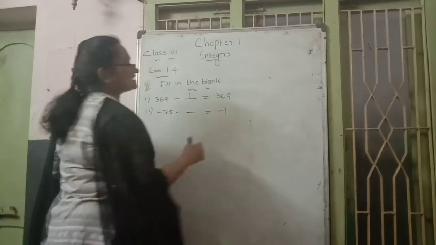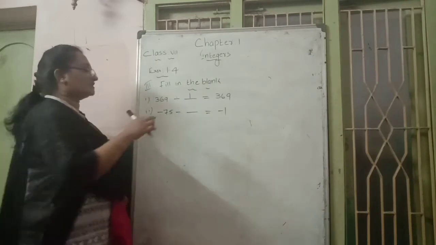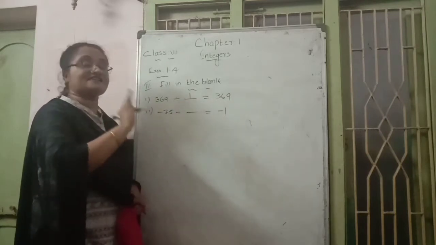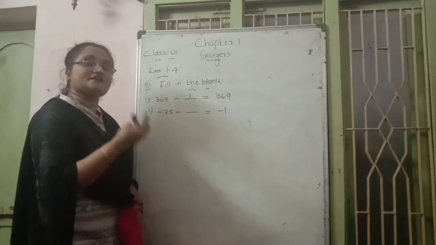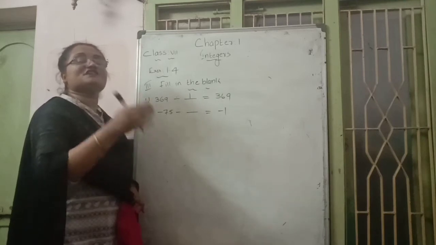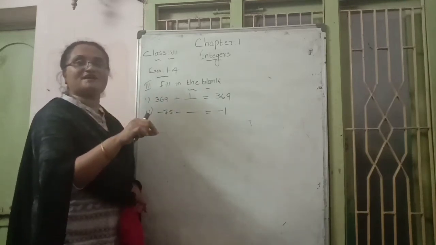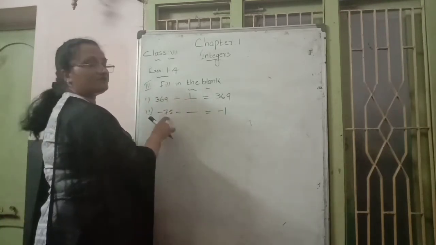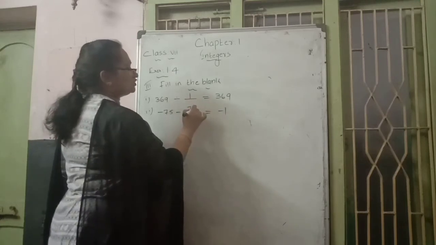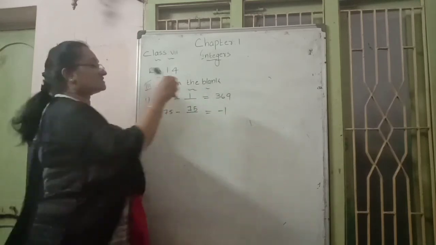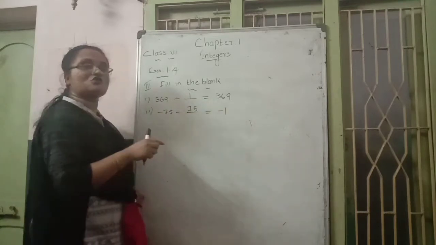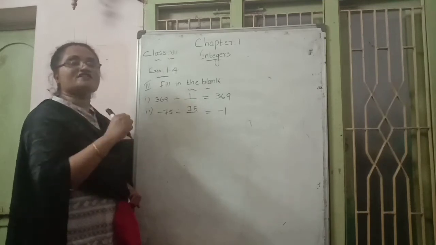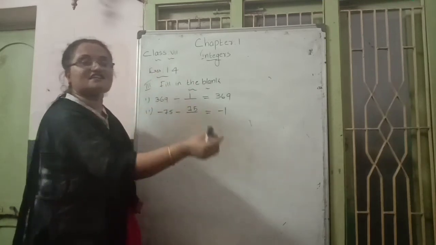Second, minus 75 is divided by a dash. We want the result, or quotient, to become minus 1. Think about it: minus 75 is divided by which number to get the answer minus 1? A simple case: any number divided by itself gives the answer 1. So the number we need is the same as the given number, 75. That's why we can put 75 in the dash place. Again, thinking about the sign: the quotient, or result, is minus. When we get minus, the negative symbol repeats, meaning we get a negative answer.